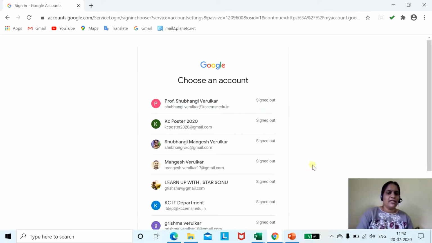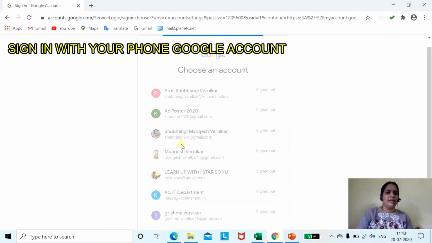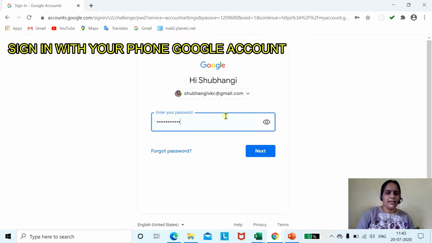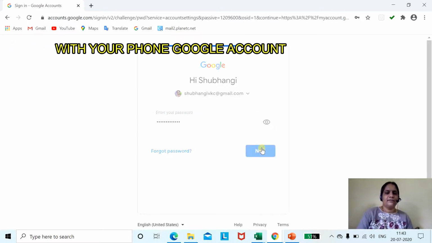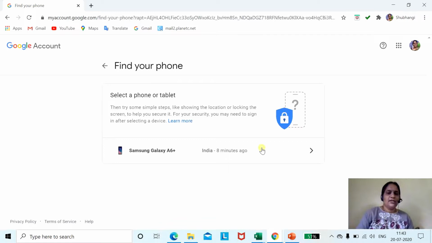Once you click on sign in to start, you know that your mail id is registered with your phone number. So click on your email id and then click next. Okay, so right now you people can see here that my phone is Samsung Galaxy A6 is here,